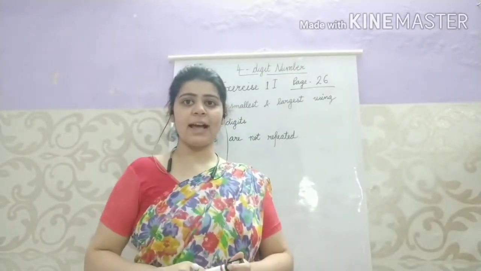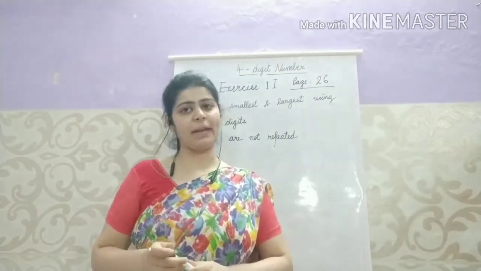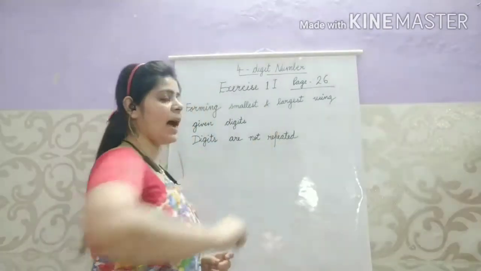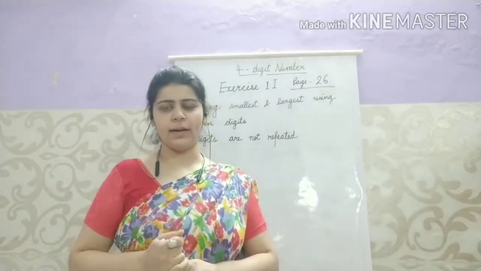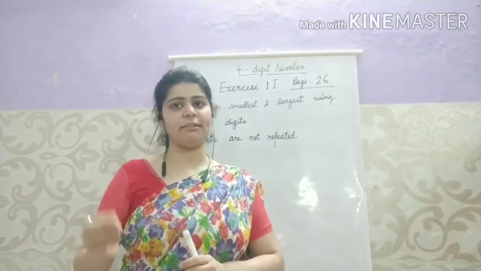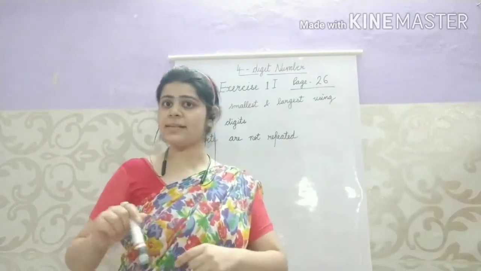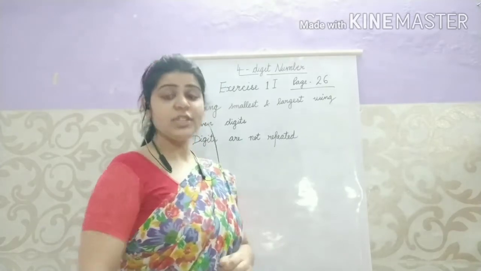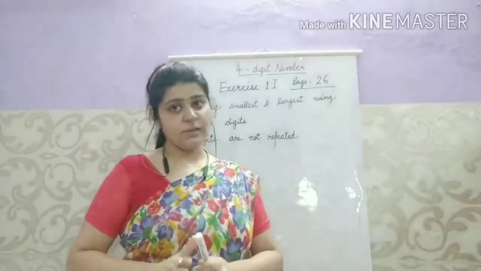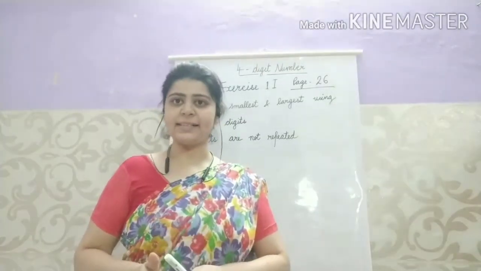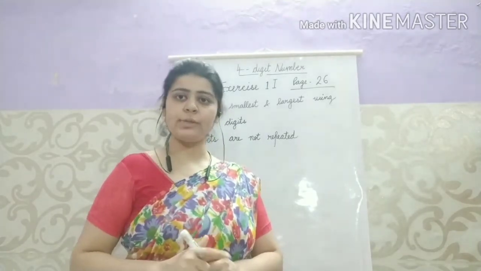So, in the previous class of 4-digit numbers, we were discussing ascending order, descending order and many more things. But in exercise 1I, there are some sums which are a little bit different in ascending order and in descending order. That is not tough, but it is a little bit different. Everyone can see on page number 26, from page number 26 to 27, question number 3, 4, 5 and 6. You have to do them in ascending order and in descending order only. But the method is a little bit different. So today we are going to see these sums.